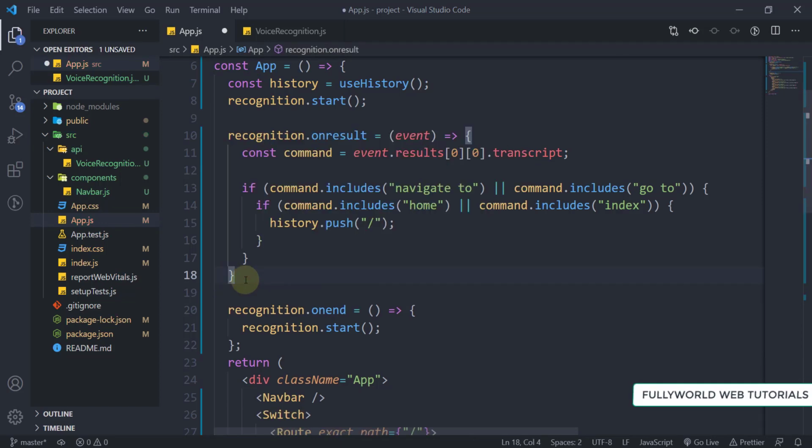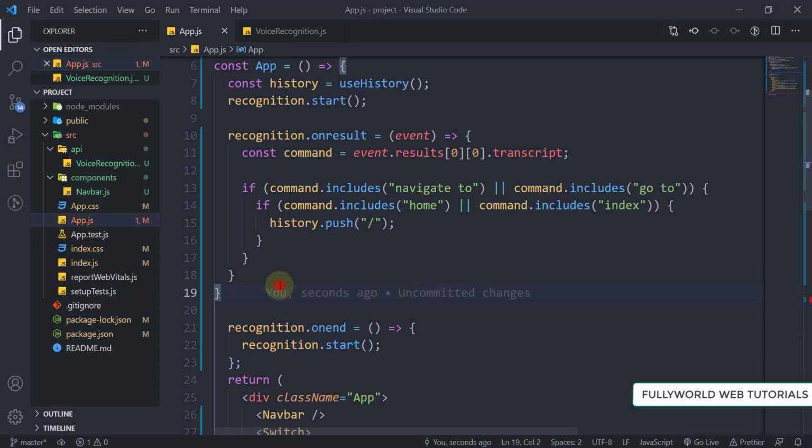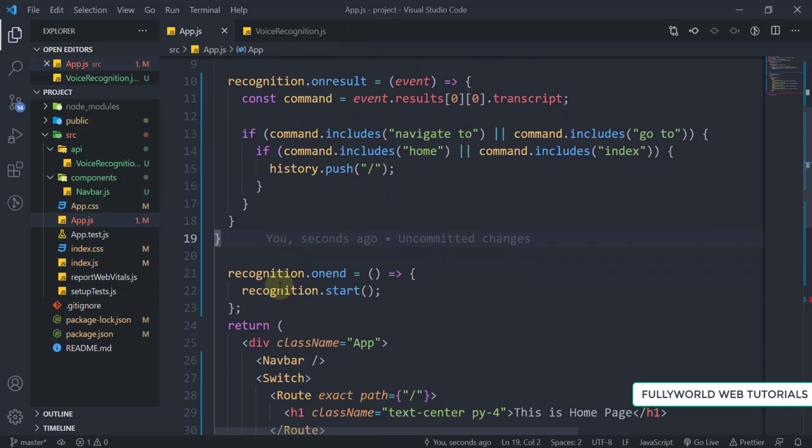Okay, so that's why we were getting an error here. So everything is okay here, and I don't know why we are getting errors.